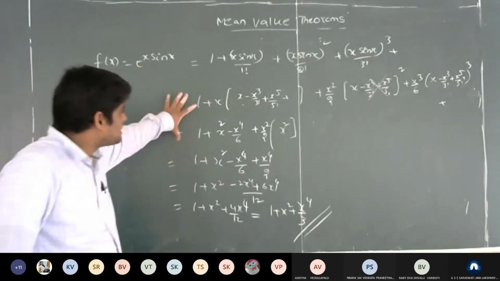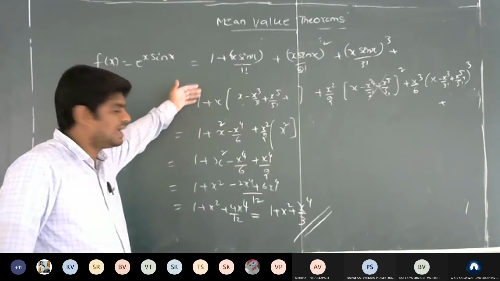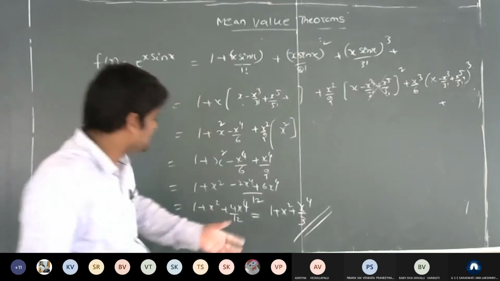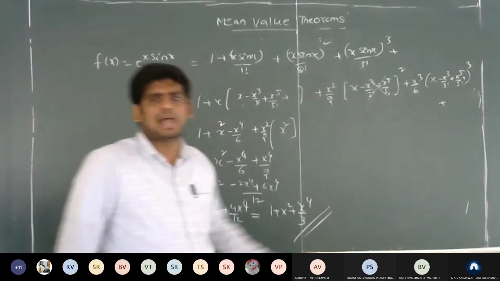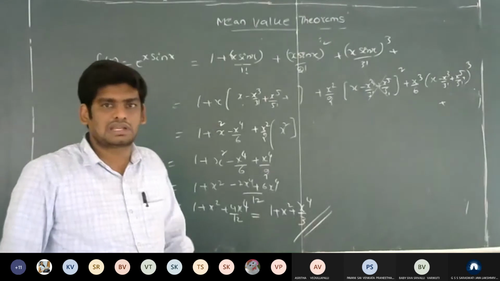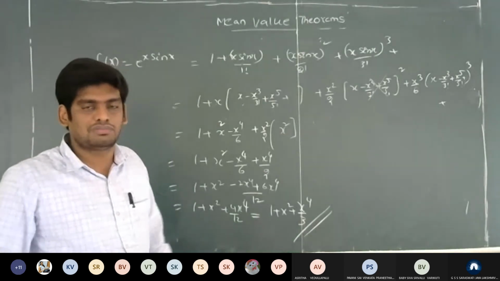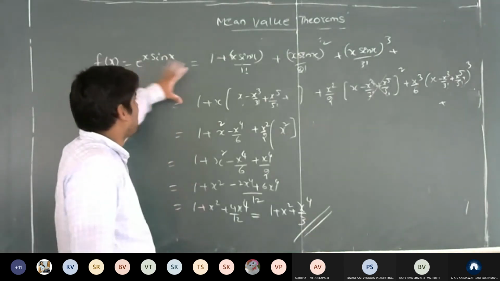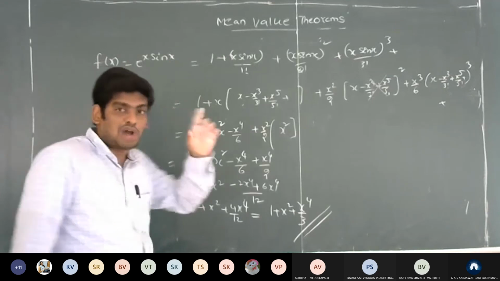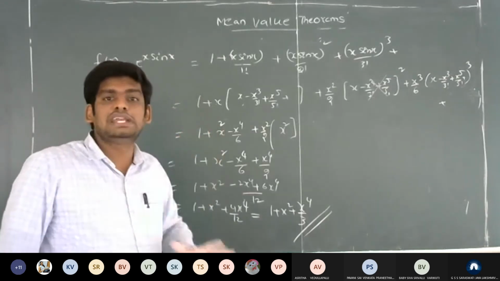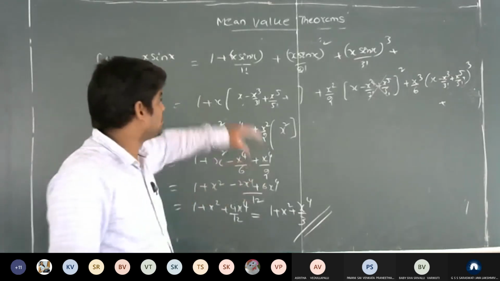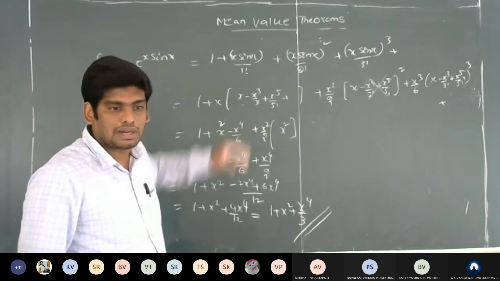So you can do it this way from the GATE point of view, and simply you will get the answer. But you may apply it in the theoretical examination also, no problem at all. So this is the expansion. But you have to observe what terms are needed. That is one of the very important observations.